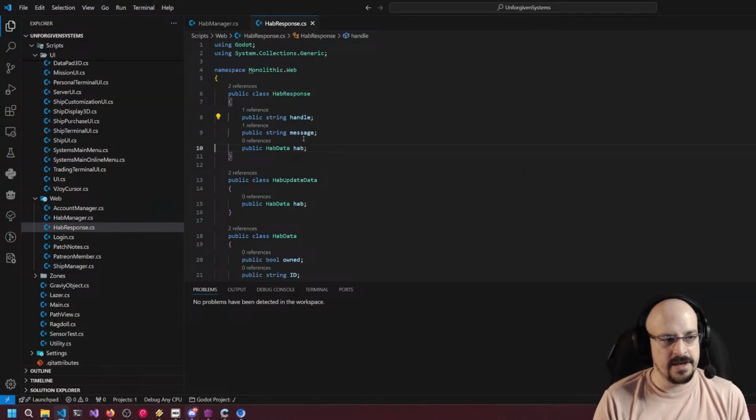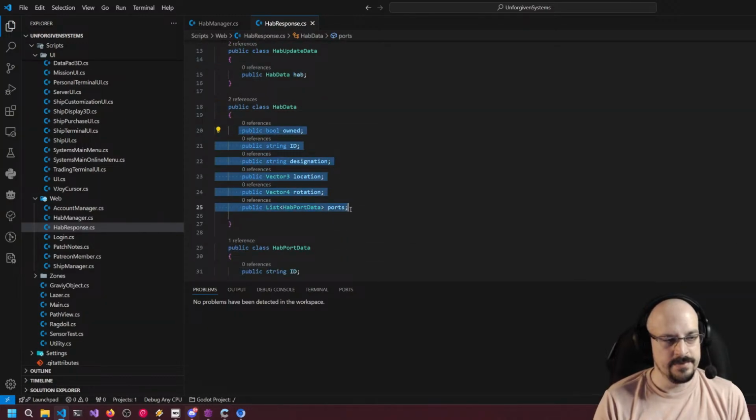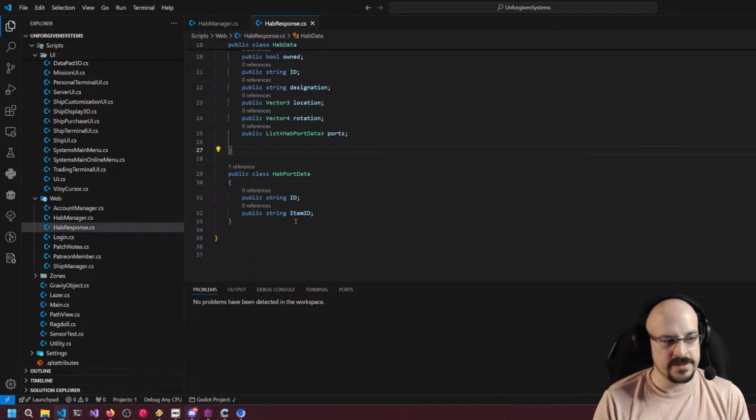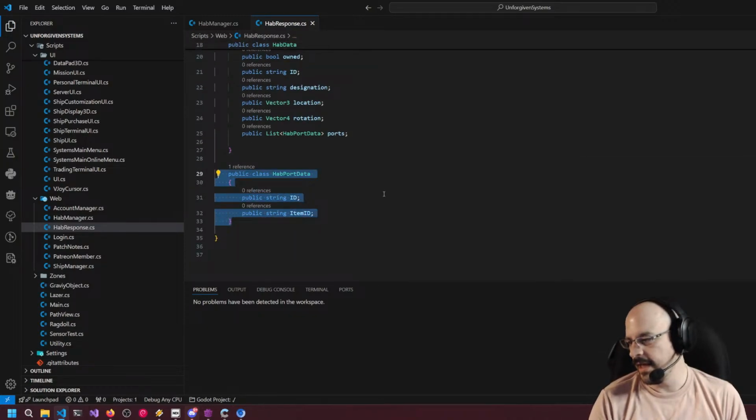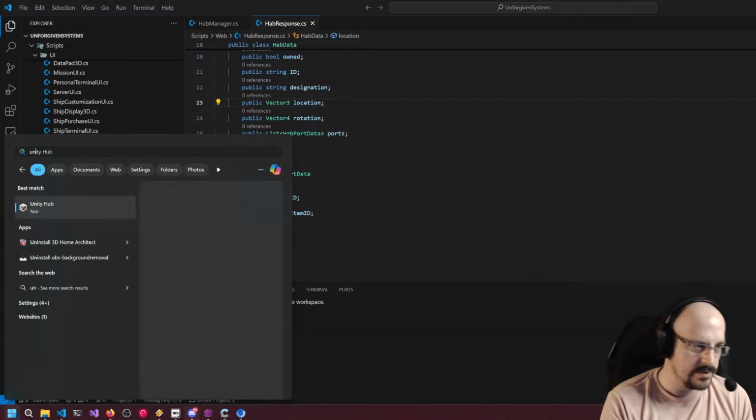HAB response is our handle message, the HAB data, which is our actual HAB data configuration, which has a list of HAB ports. And these are the ports. So we're keeping the API exactly the same. And now if we go into Sodium here,